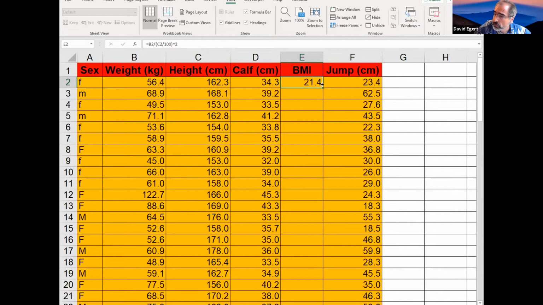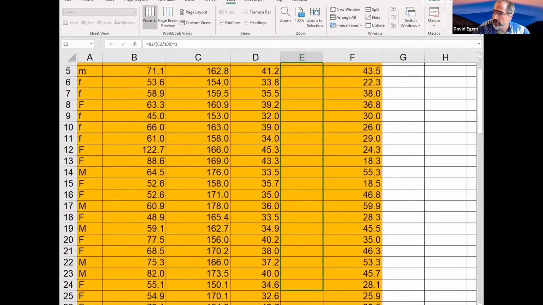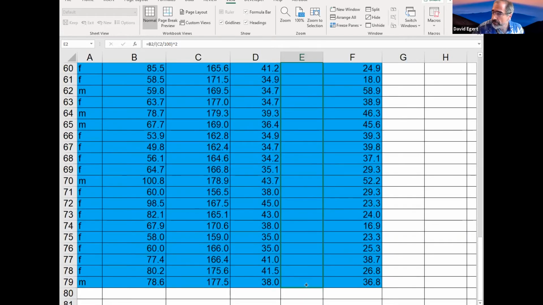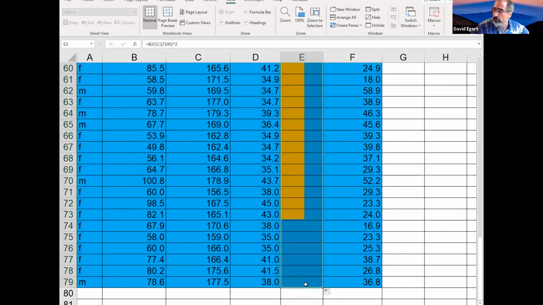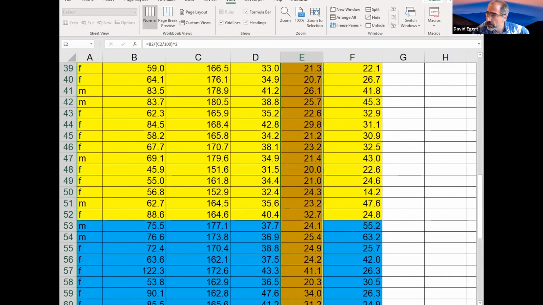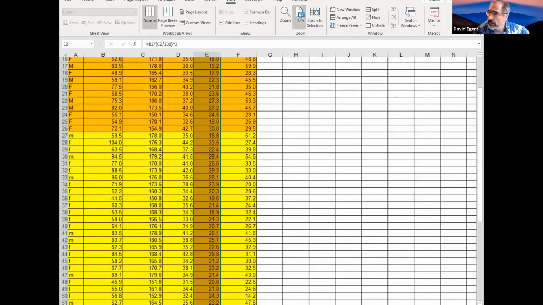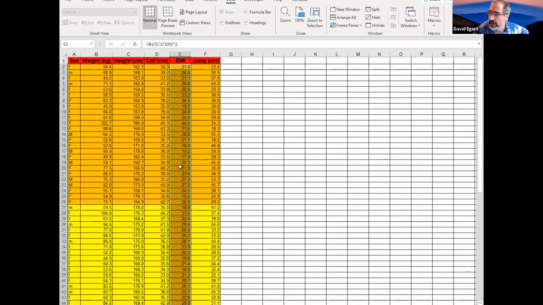I put the mouse over it till it turns into a little black plus. It's currently a little black plus. I click on my left mouse button and I just drag. I keep the mouse button down, I drag. Basically now, when I let go of the mouse button, and I'm going to get my zoom back now, you can see all the BMIs have calculated and are now in there appropriately to the data for that particular